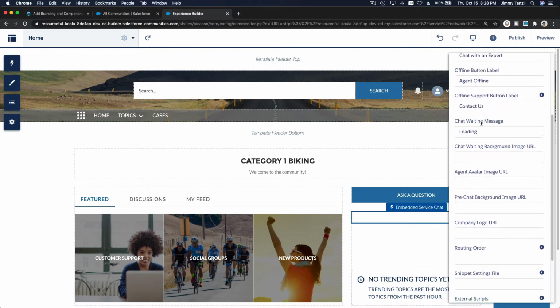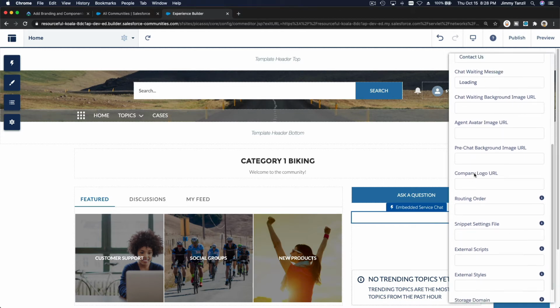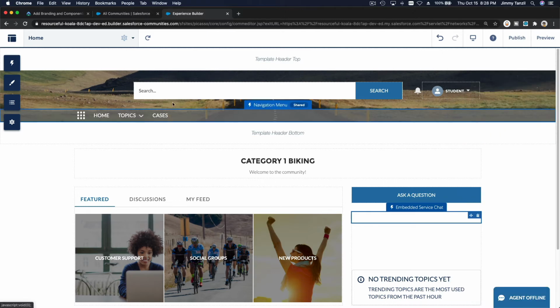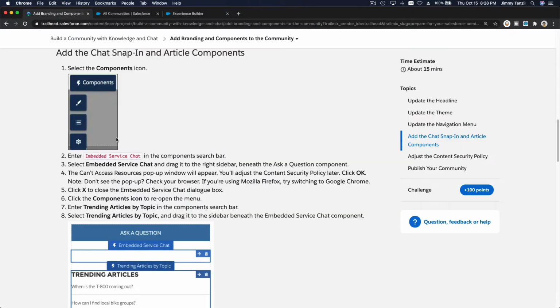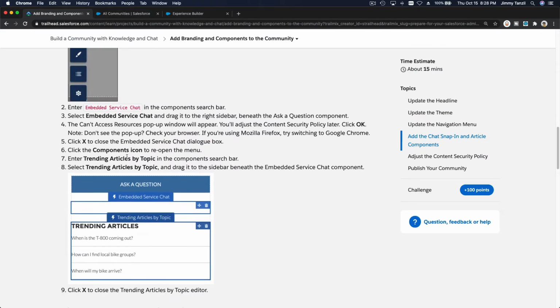We won't be going too deep in here, because there are a lot of options you can do. So basically I'm going to X out of here. So we have that. Next we want to add our articles. We are going to go to components again, and then trending articles by topic, and then drag that below the